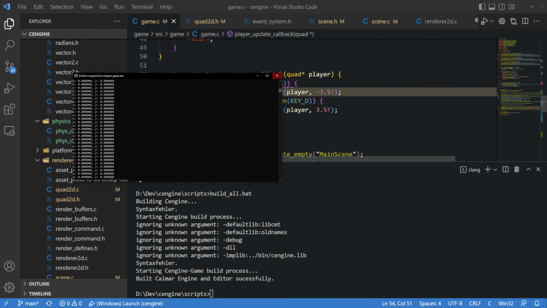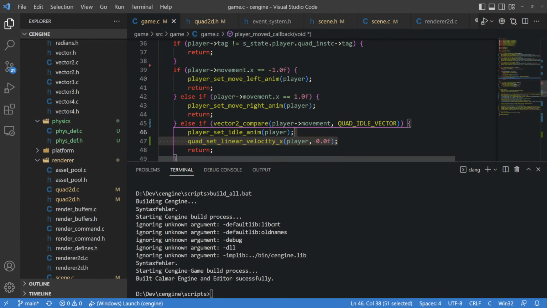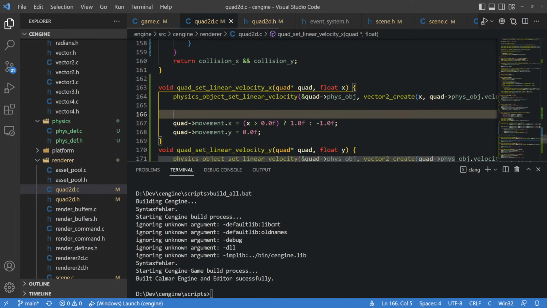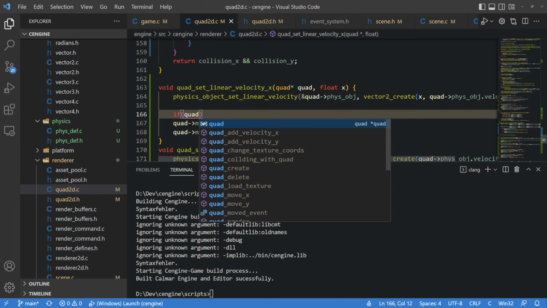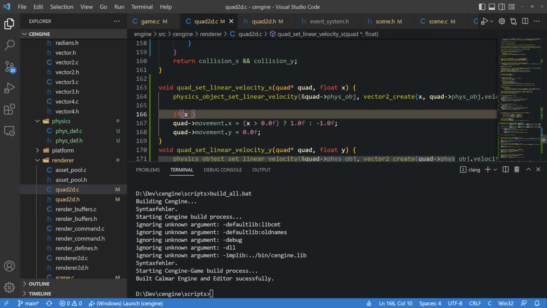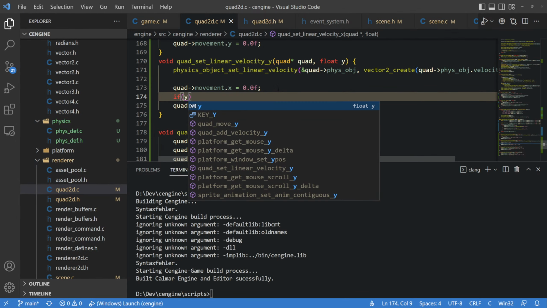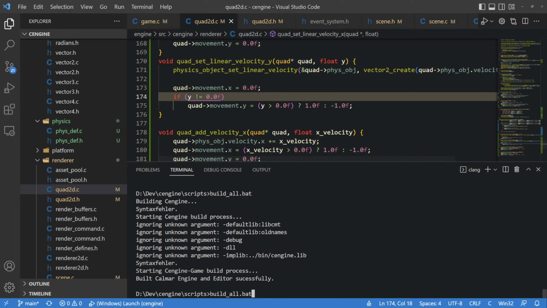Can't. And for some reason the animation isn't even playing anymore. Because of, I don't know what. Maybe if X equals 0, not equals 0. And if Y equals 0,